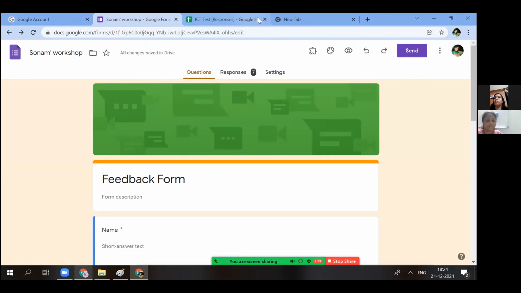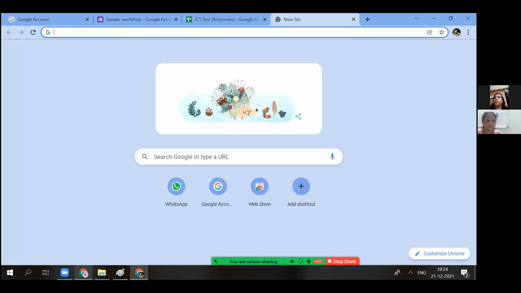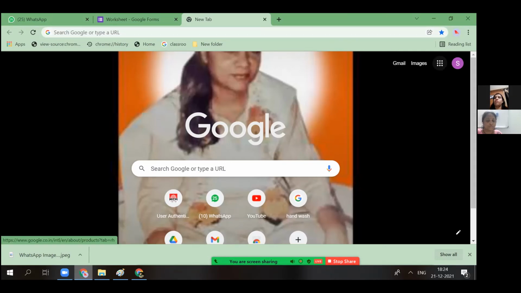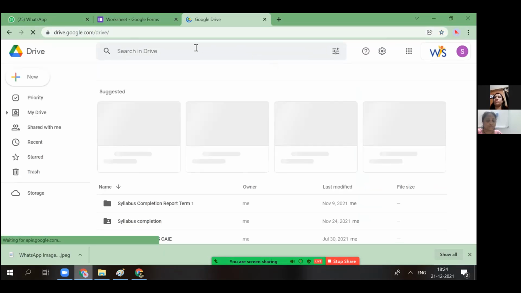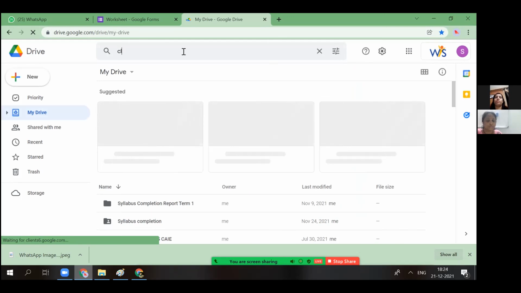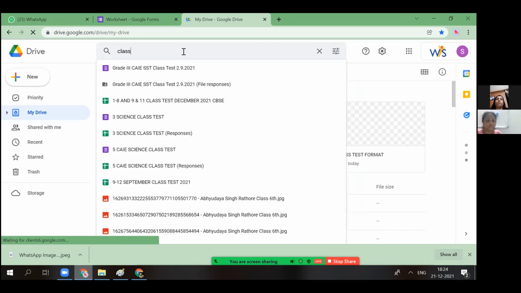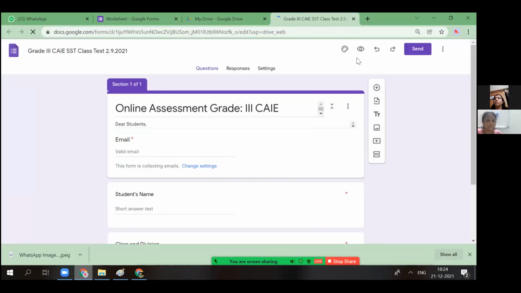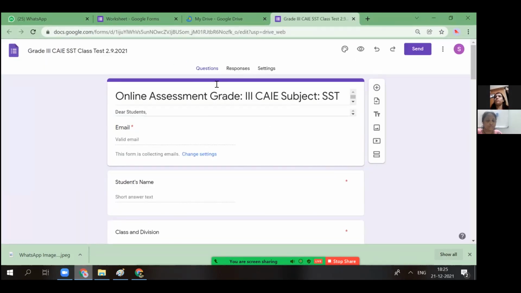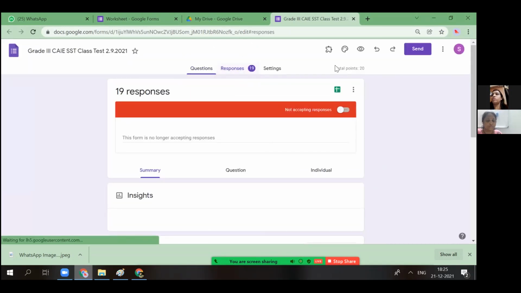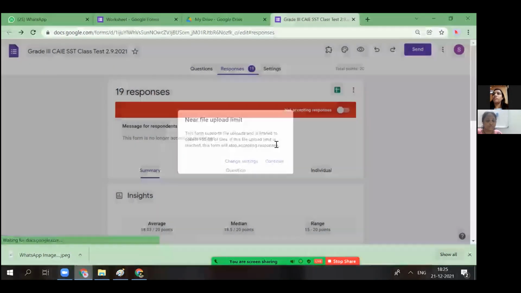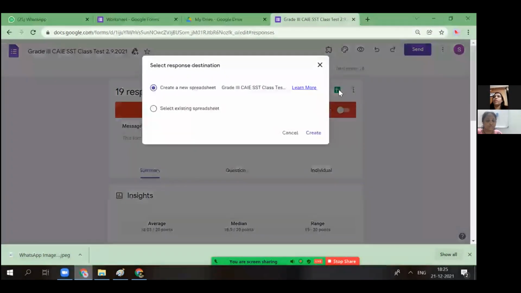Okay, fine. Okay, like I'll show you for other forms which I have created, right? So I'll just go to my drive folder, and here I'll just check if I have made it or not. So this is how I have made the class test paper for the SST subject, right? I'll click on this response option and see this Excel, it's creating the